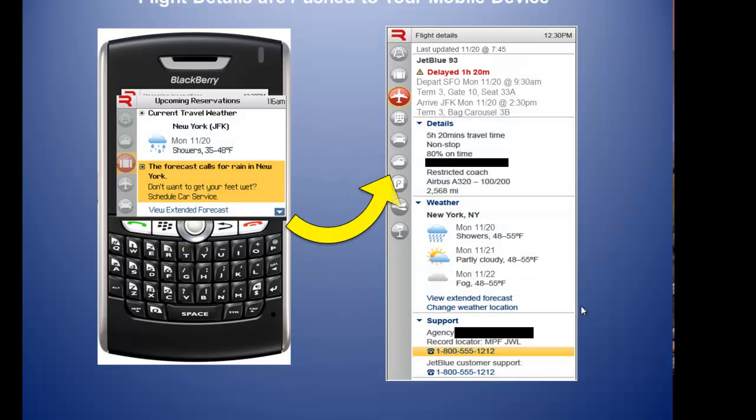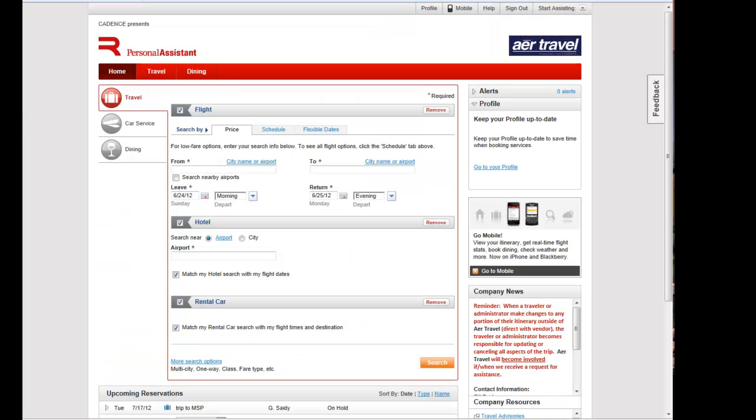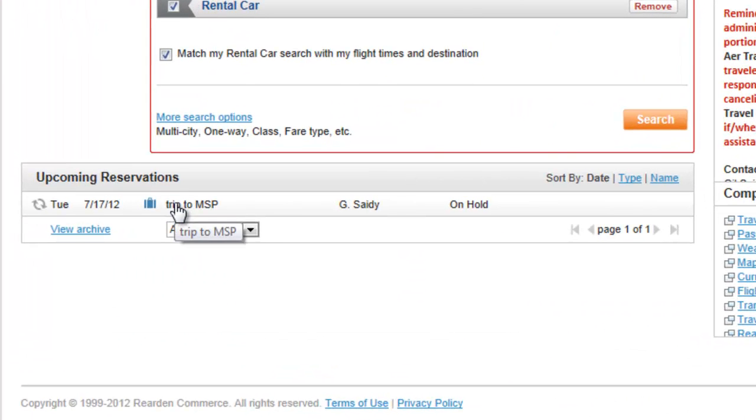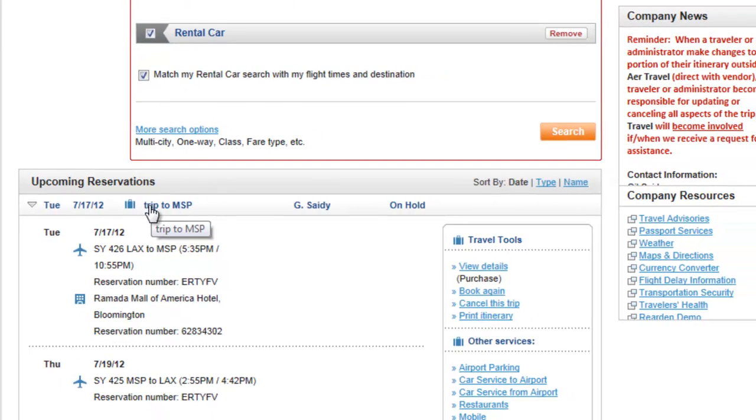This is exactly the way the system would look, and it will detail for you any flights, any delays. It will show you the weather right from your reservation, and it happens automatically. Just to finish up, this reservation we did not actually purchase, we just held it. So the way you go about it, as I said before, is to click on the trip, view the details of it,